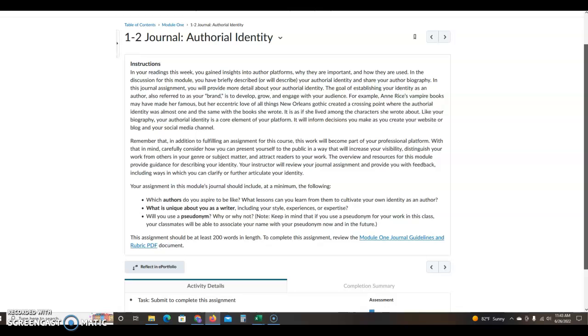If you're interested in writing vampire novels, you look at Anne Rice, Charlaine Harris. Robert McCammon has written a vampire novel, or Bram Stoker, although we would consider a much older text with a very different identity. Authors who have passed away won't really have a web presence, but I'd be curious to see what author biographies they had any hand in. So you can go back and look at even 20th century authors like Hemingway and see how did they promote their work. That'd be really interesting. But what you're doing in this journal entry is looking at how others have established their identity, but your goal is establishing your own.